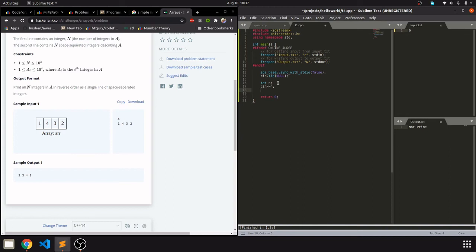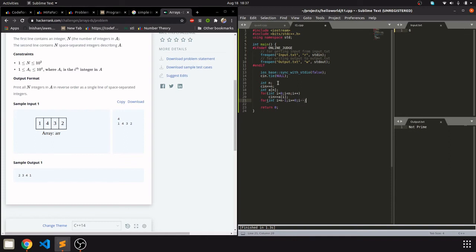So after that, int a[n], and then for loop, int i equal to 0, i less than n, i plus plus, and cin a[i]. After that, for loop, int i equal to n minus 1, i greater than or equal to 0, and i minus minus,